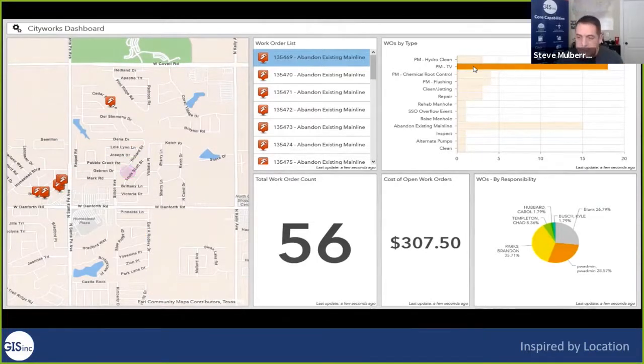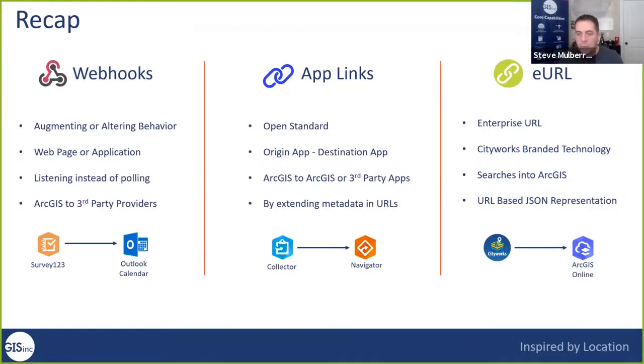So let's wrap this up and recap real quick. We talked about webhooks as a way to augment or alter behavior between one application and another application. AppLink allows us to change that state between one application and another, like we saw in Collector and Navigator. And then finally, EURL gives us the ability to grab information out of the CityWorks environment and bring that into the ArcGIS systems, right? Whether it's online or enterprise, as a feature service,